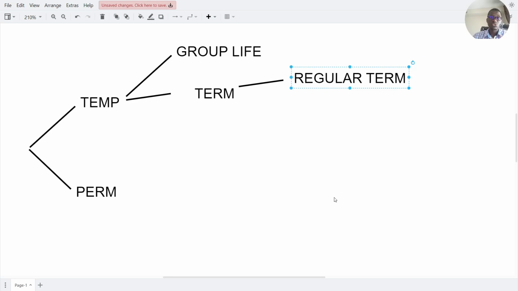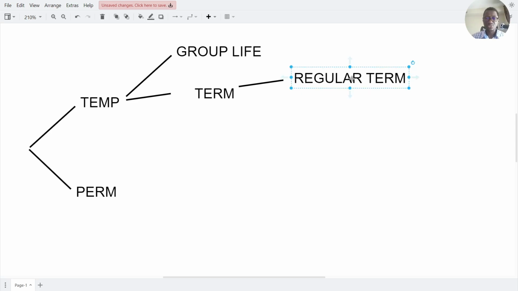It's more like use it or lose it. So if you don't die or you don't pass away within that term period, after that term period expires, you lose your coverage. And on top of that, these are the cheapest policies that you will get on the market. But once your term expires, if you try to renew, it's going to become a lot more expensive, as we will see in future videos.